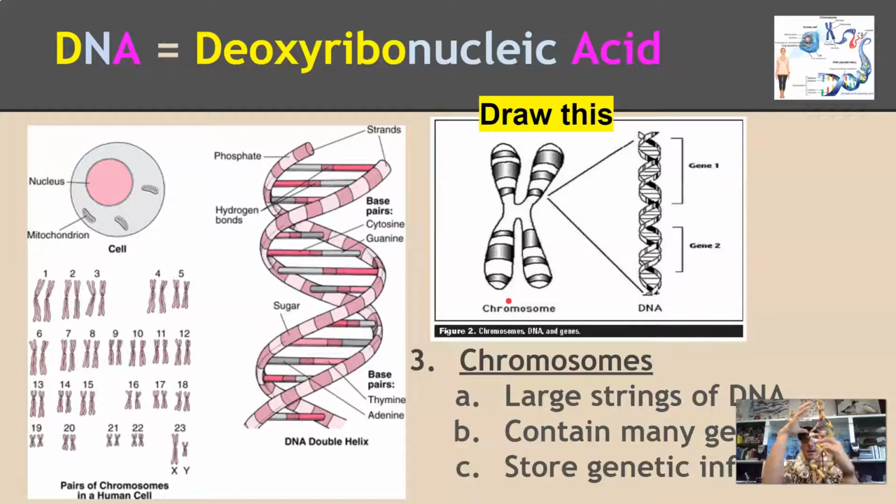Chromosomes are big chunks of DNA, all coiled and spooled up. And if you unpack them, then you've got the strand of DNA. So we've gone from chromosome to DNA. And then, if you look on that big, long strand of DNA, certain sections have genes. And those genes are codes for specific proteins. So there are many different protein codes on this section of DNA. Chromosomes are long strings of DNA that contain many genes, and they store all of your genetic information. Your genetic information is all of your genes. Gene 1, gene 2, gene 3, gene 4, gene 5. You have thousands, tens of thousands of different genes.